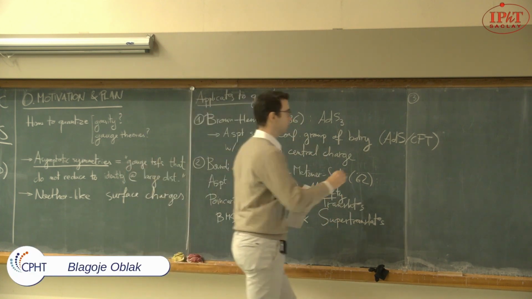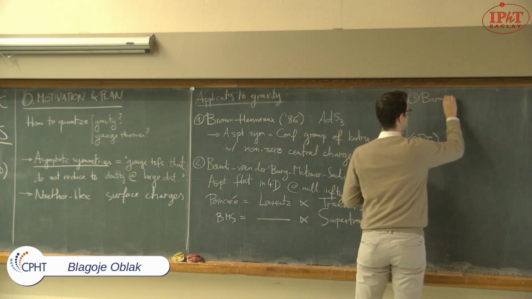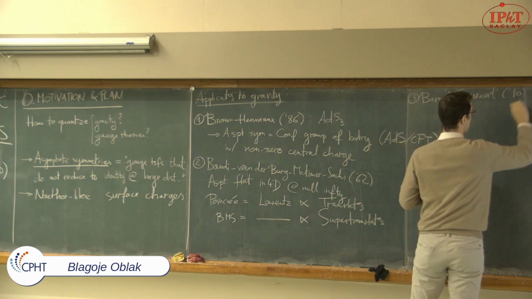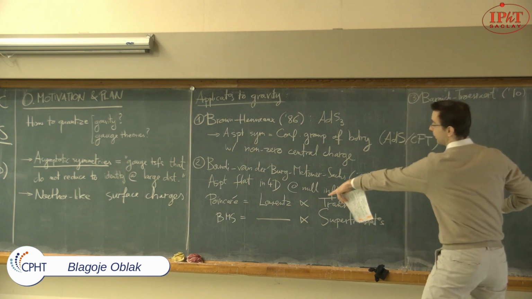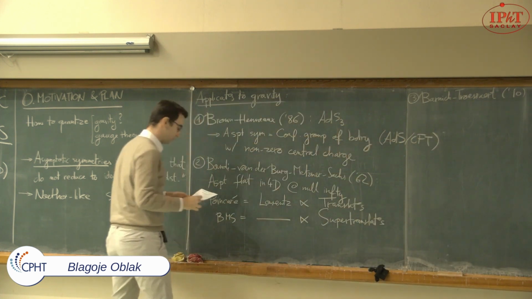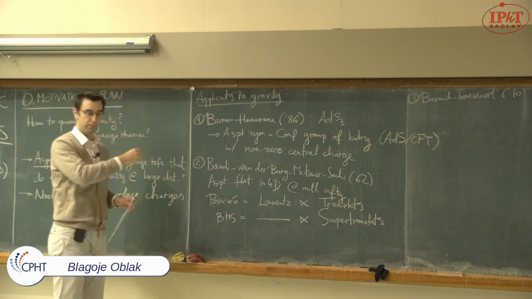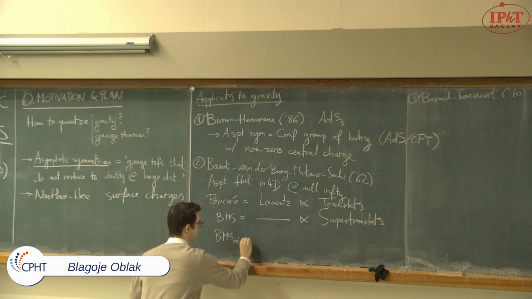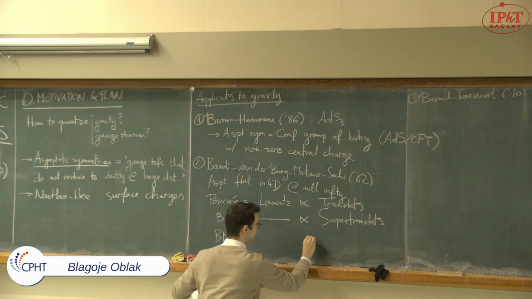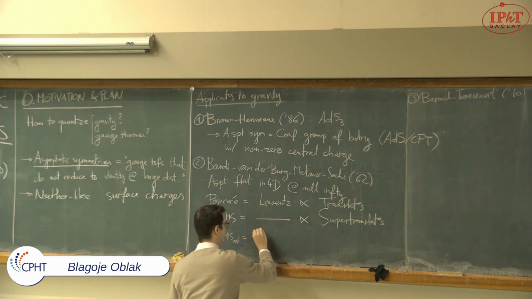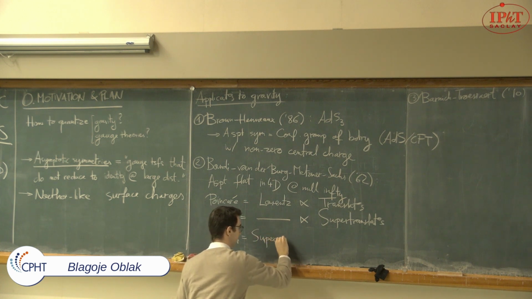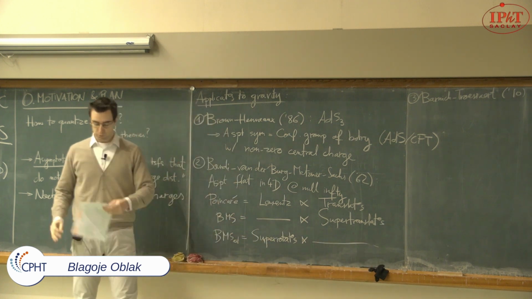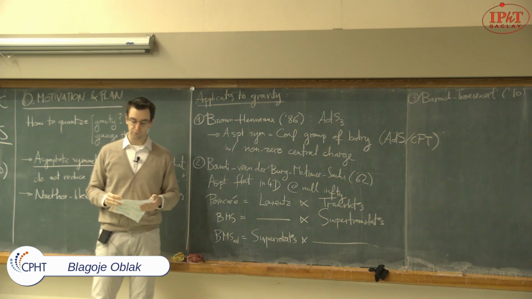And in fact, in 2010, Barnich and Troessaert went much further in trying to extend this in an infinite dimensional way. So I'm going to write here what they did. What Barnich and Troessaert suggested in 2010 was to revisit the BMS analysis and extend it even further, in such a way that you still have super translations as before, but you extend the Lorentz group into what they called super rotations. Now, I will not go into the details here of what super rotations are in 4 space-time dimensions,